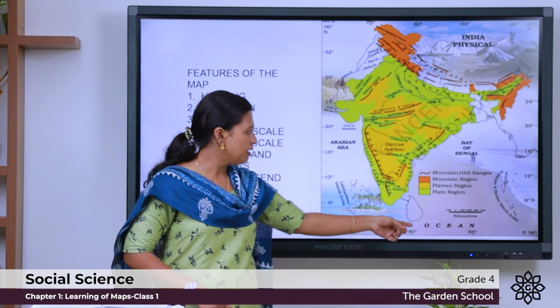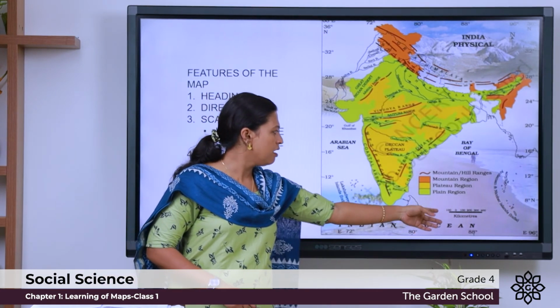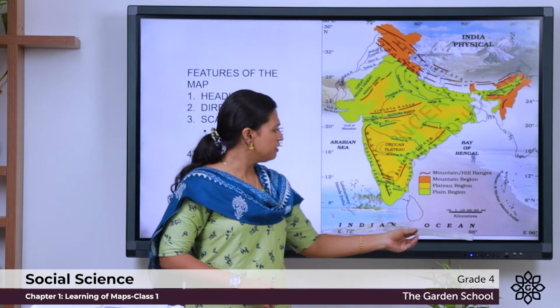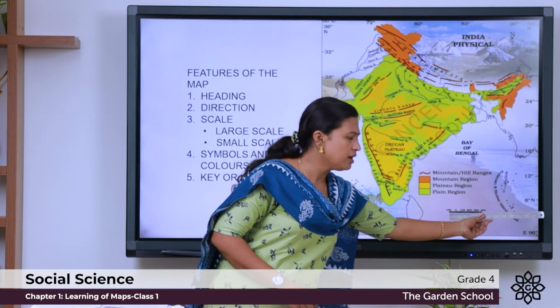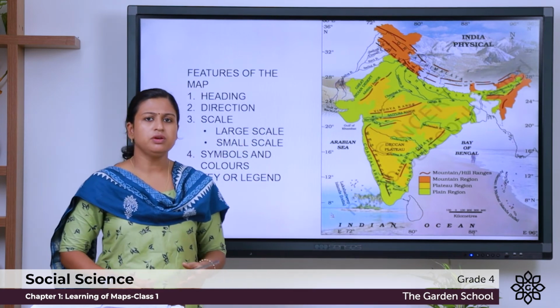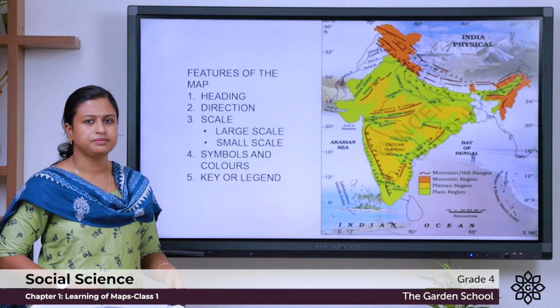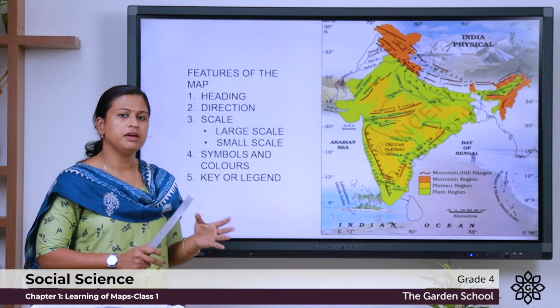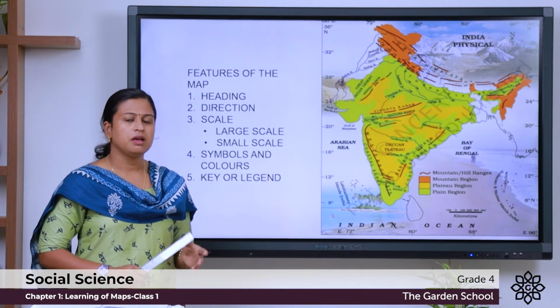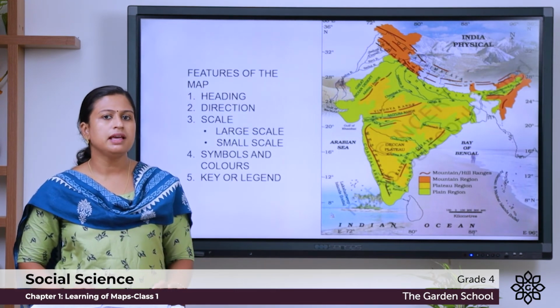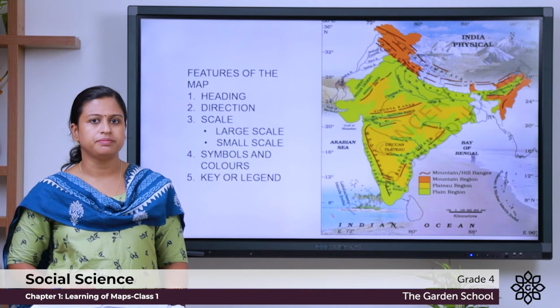Here you can see the measurement is given from 100 to 400 kilometers and we measure from the scale, it is 8 centimeters. We can use this measurement to measure the different places. All the maps have their own scales. Based on the scales, the maps are divided into two, large scale map and small scale map.